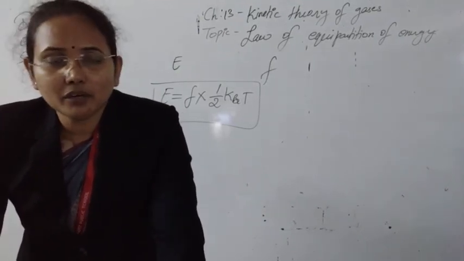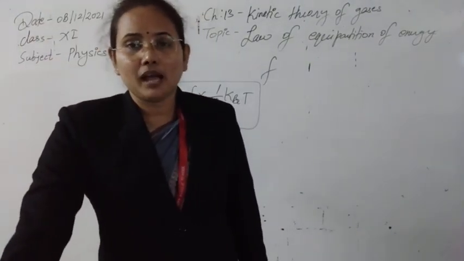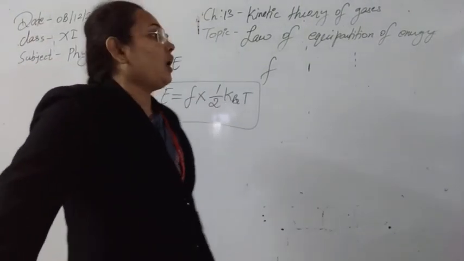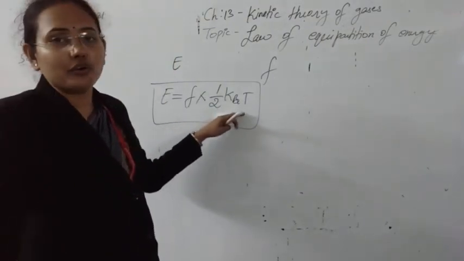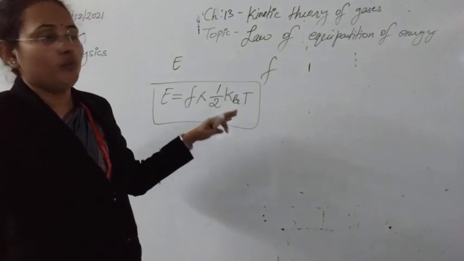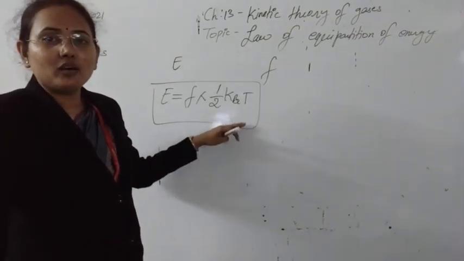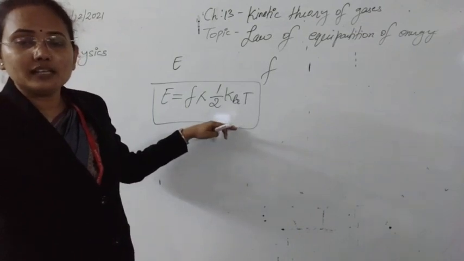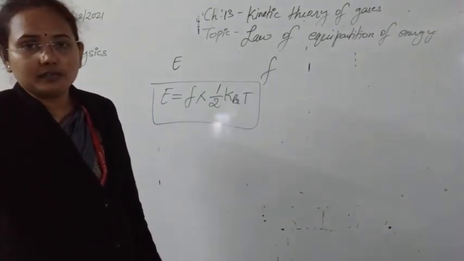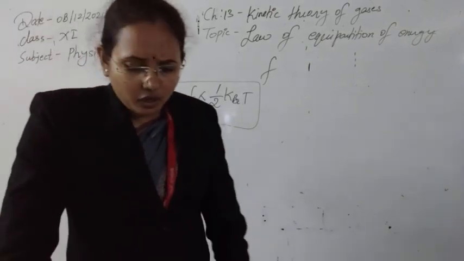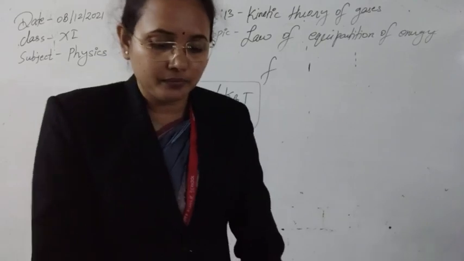So if the total number of degrees of freedom is F, the energy obtained will be F/2 kBT. For monatomic, F is 3, so 3/2 kBT. For a monatomic gas, the total energy does not depend on what kind of gas it is, it depends only on degrees of freedom. The second factor depends on temperature only. So I think the law of equipartition of energy is very clear to you, what it is saying.